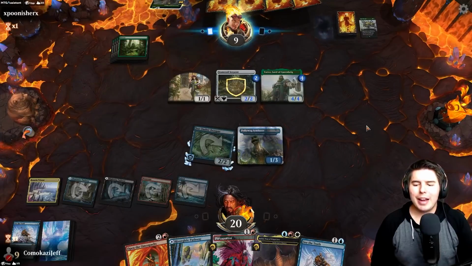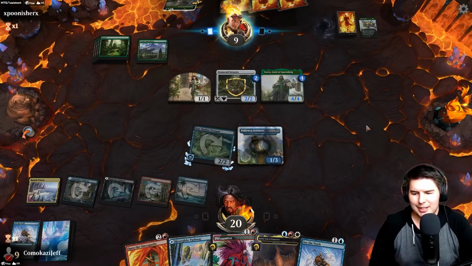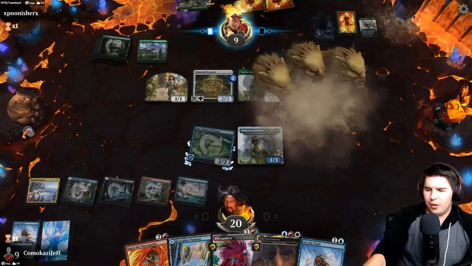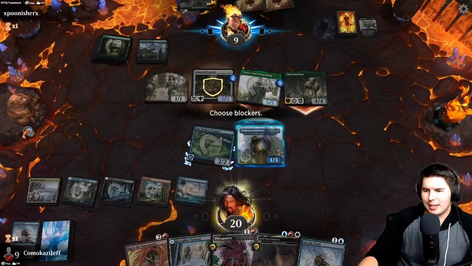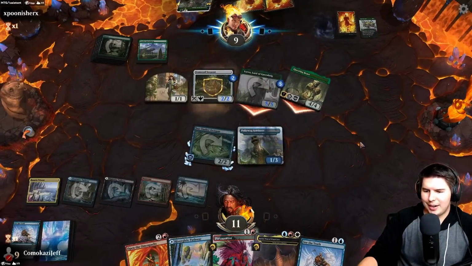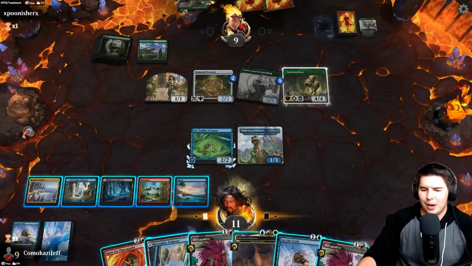All right, we have Rodent and we have a way to mutate onto it right away. Questing Beast. Cool. This is actually pretty sweet. I mean, they have to have quite a bit of removal to deal with this. We take 9. Yeah, sure. Doesn't bother us too much. Down to 11. We have to gain a lot of life on the next turn, and now we go off. All right, so